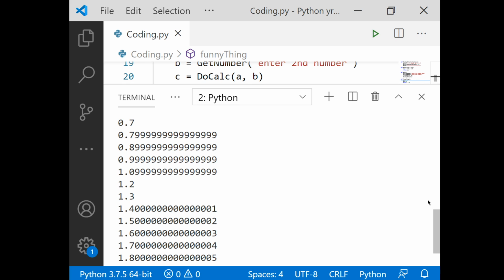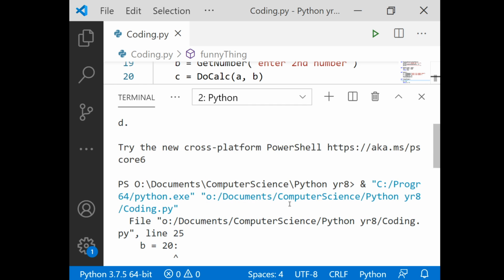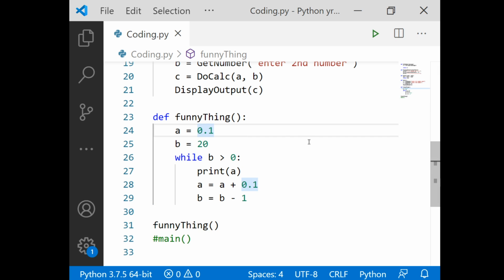Right, this is what we call a rounding error. And you have to be very careful when you're dealing with numbers with fractions. So if we was to write our code, I could have said, keep going until A is 1.5.